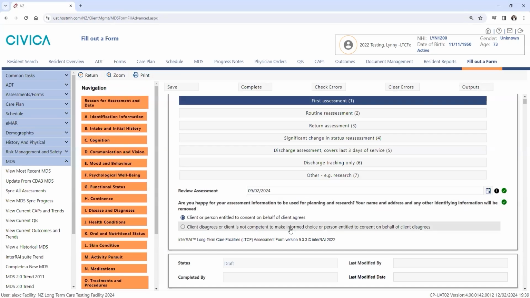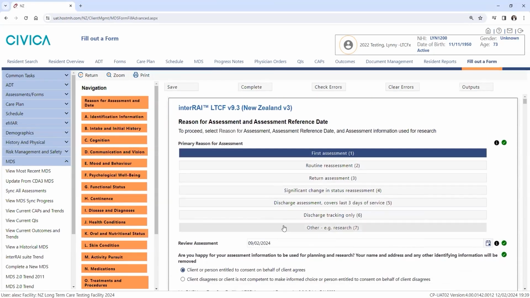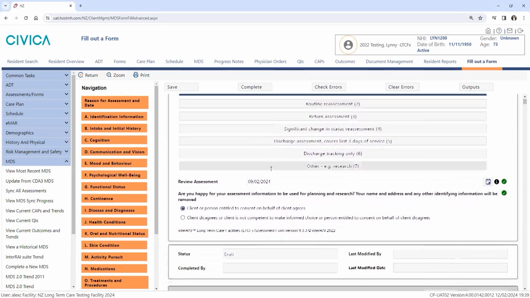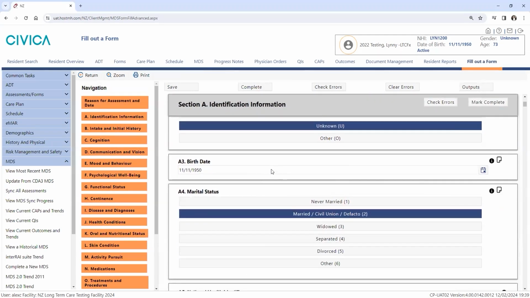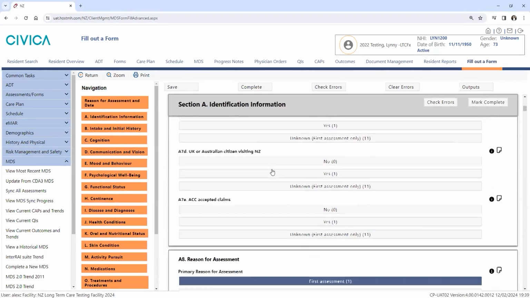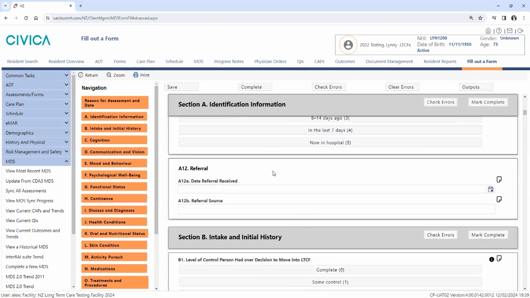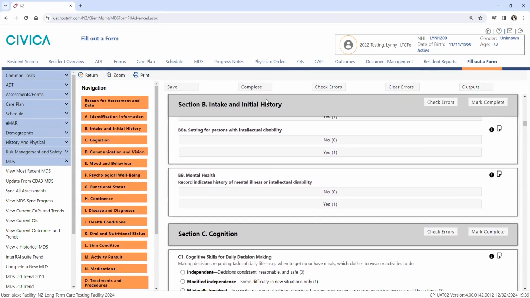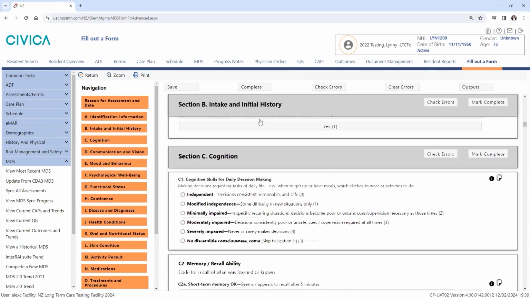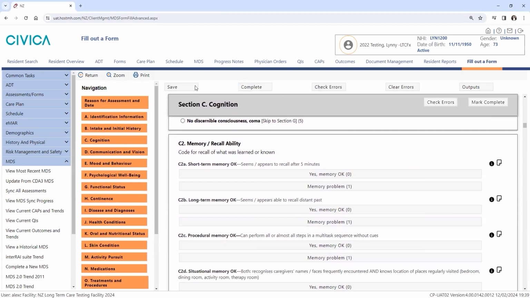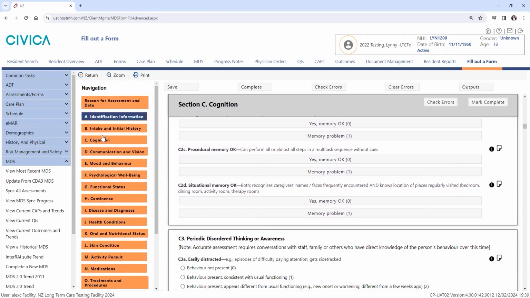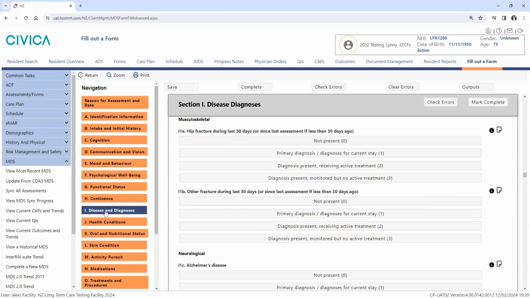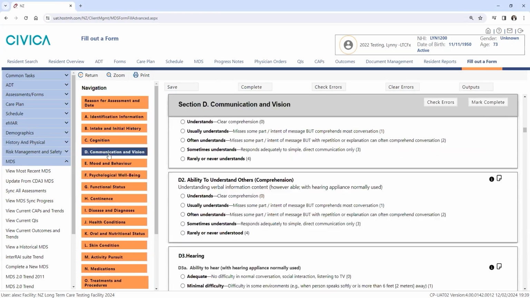There are two ways to navigate in the assessment. You can scroll from top to bottom through all the sections, and you'll notice that each section has a header. And this remains at the top of the screen so you can clearly see which section you are working in. In this example, I'm in section B, and as I scroll down into section C, the header is replaced. The other way to navigate is to use the piano keys on the left-hand side. These will take you to that specific section of the assessment.